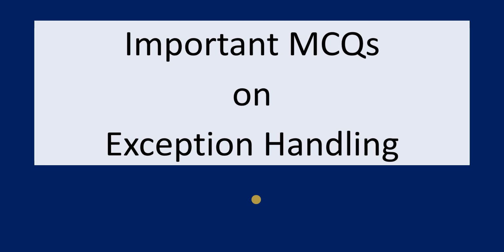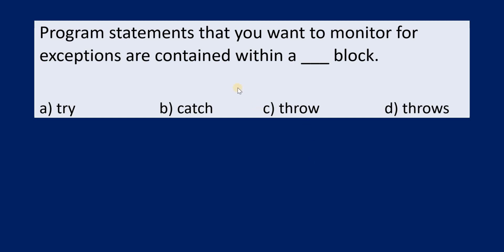Hello everyone. In this video, we will see some of the important MCQs on exception handling in Java. First question, program statements that you want to monitor for exceptions are contained within a dash block. The answer is try block. That means in your program, if any statement is causing an exception, you have to keep that statement inside a